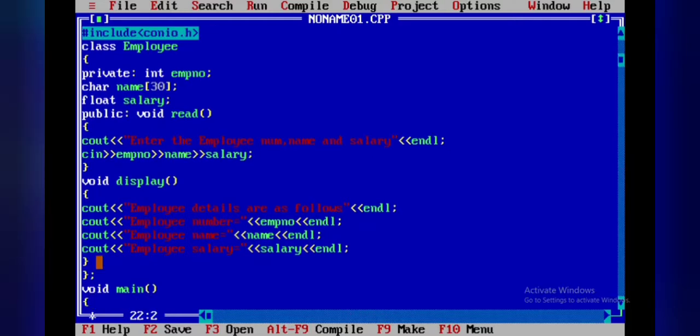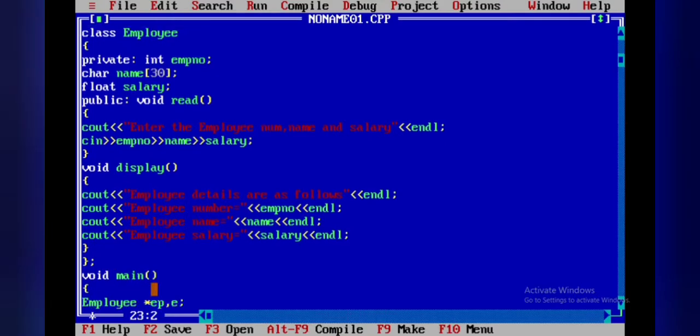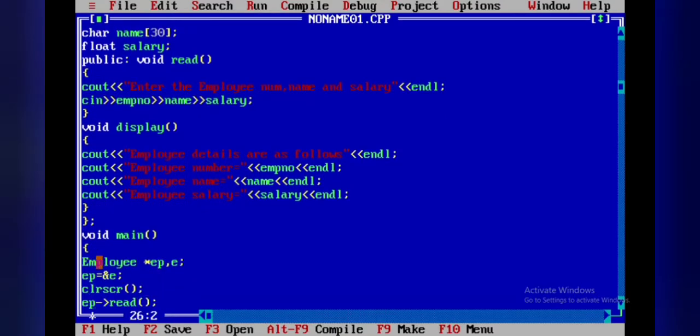Okay, so here class scope ends and I am taking the main function, void main. I am creating a pointer object, that is star EP, and another normal object called E. The address of that normal object E will be stored in this pointer object, because a pointer object is mainly used to point to an object of a particular class.